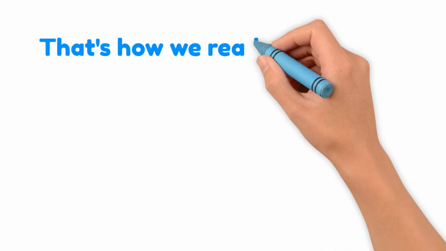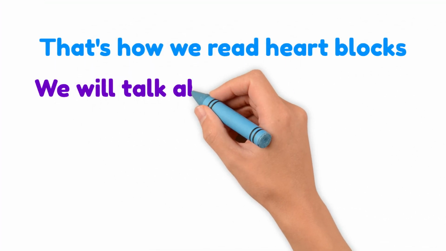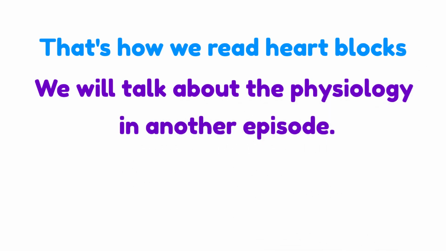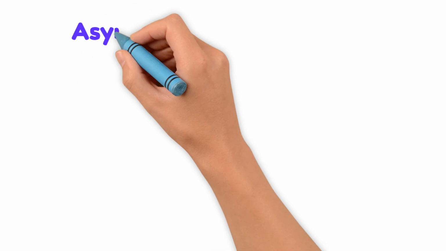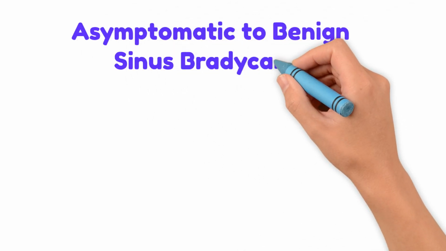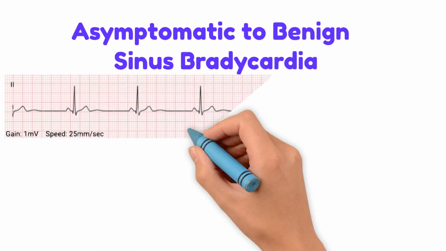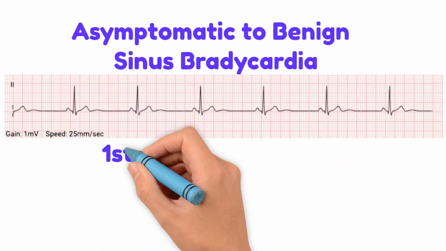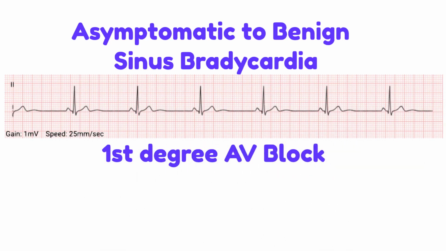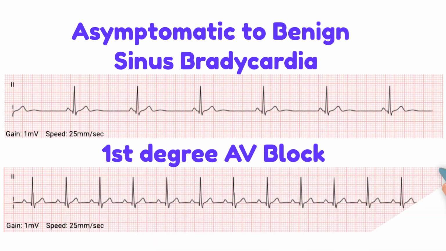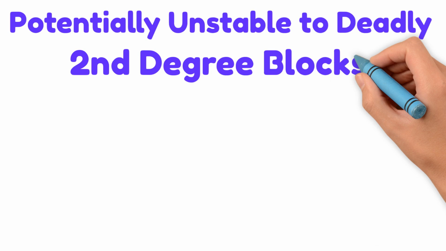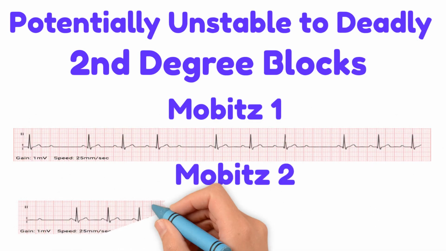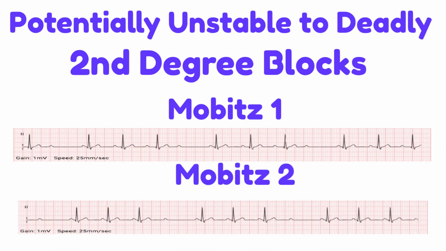Okay, so that's the basics on AV blocks for now. We will get into the physiology in later sessions, but for now we'll get back to the bradycardias. So asymptomatic and benign rhythms include sinus bradycardia and first degree AV blocks. Potentially unstable to deadly rhythms include second and third-degree blocks,